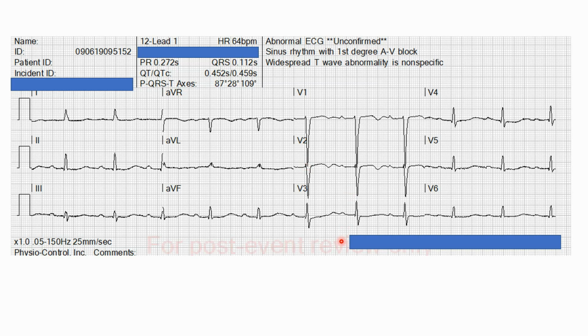I'll give you a second to mull over it here. There's a first degree AV block, but look at these T waves. They're biphasic. Okay? What is this extra blip right here, right before the P wave? Well, that's a U wave. And what causes a U wave? Well, it's generally hypokalemia. Now, some patients can have U waves at baseline, but it's not very common, especially in